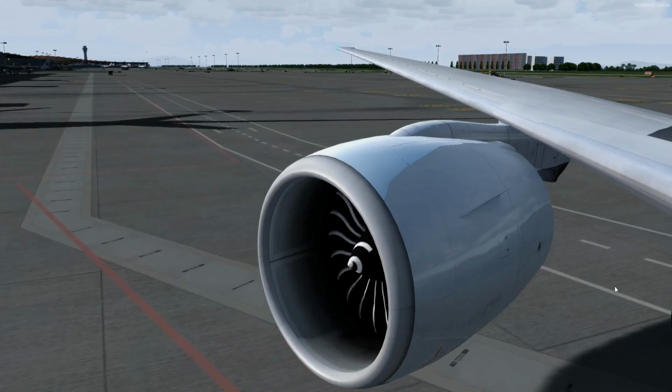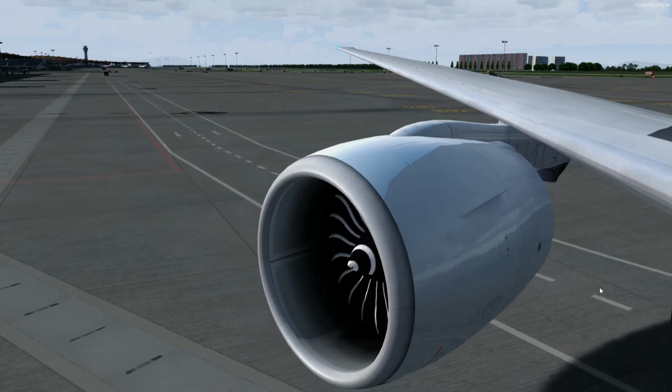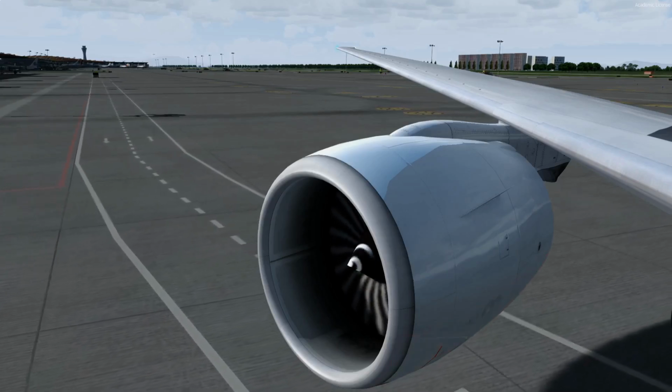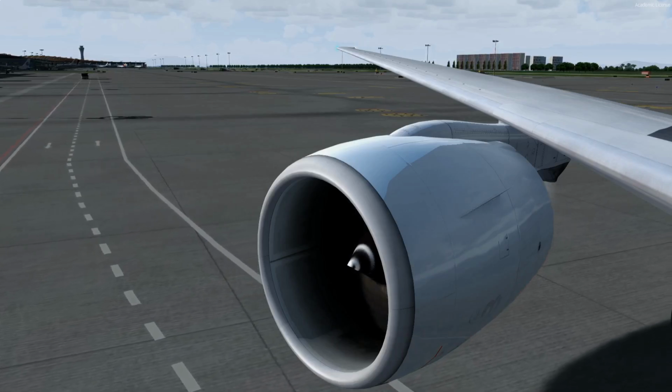If you're traveling with hand luggage or large items, make sure they're stored in the overhead compartments for takeoff